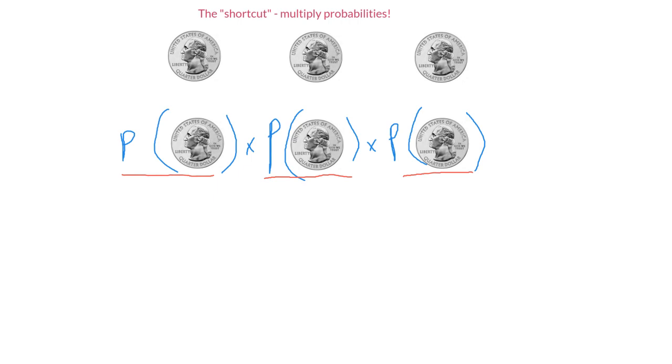Now, on the first flip, the probability of getting heads is 50%. You guys might know that, so we're going to call that 1/2. On the second flip, the probability is still 1/2. And on the third flip, the probability is still 1/2 because as long as this is a fair coin, it's equally likely to come up heads or tails. So if we multiply across the top, we get 1 times 1 times 1, that's 1. If we multiply across the bottom, that's 2 times 2 times 2, that's 8. So what we see in the end is that the probability of HHH